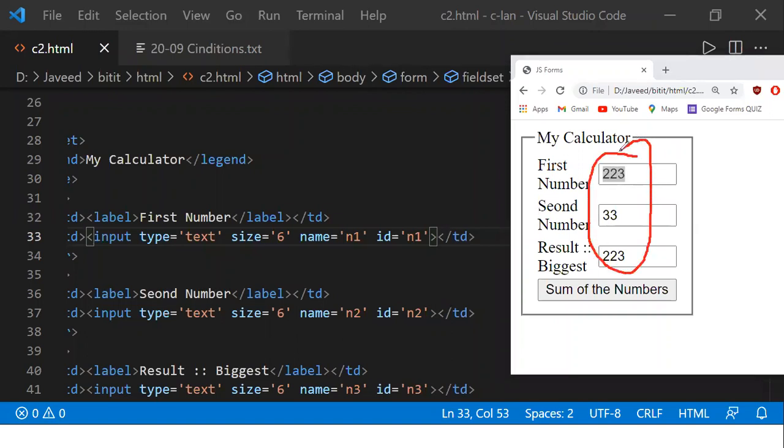So when I've defined 3 different text boxes, from which text box you want to get the data, so that you can define it. So for example, I want to get the data from this first text box I have, then I given the name as N1. So I want to get the data from second text box. For this I given the name as N2. I want to get the data from the third text box. For this I given the name as N3. So like this, for each and every text box, we are given some name for the identification purpose.